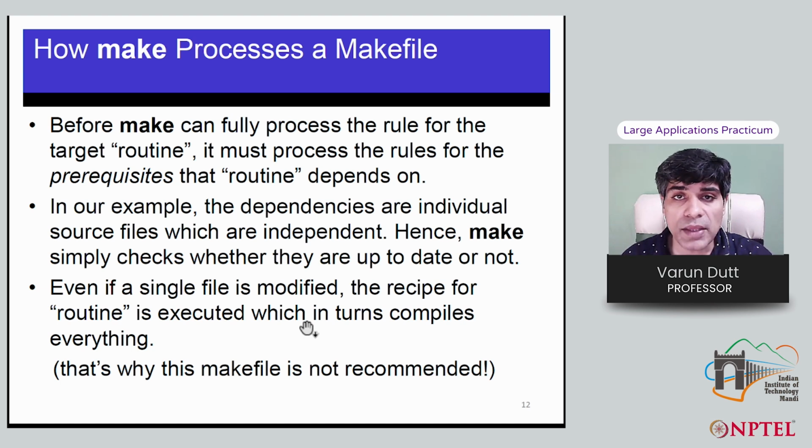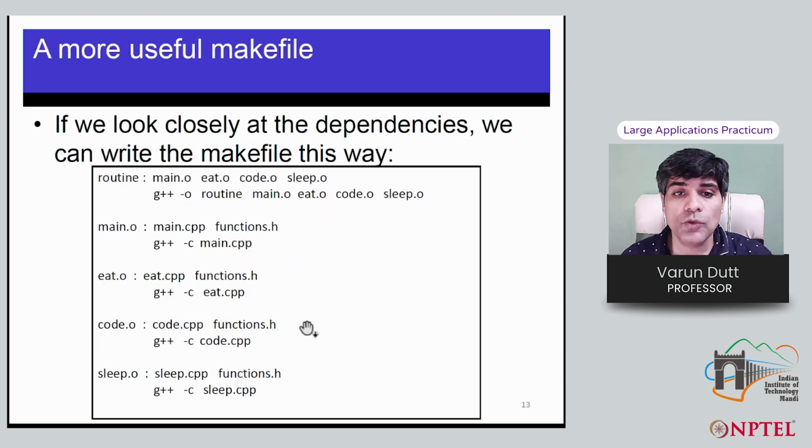So how can we make the Make utility more efficient? One way of doing it is by writing the same Makefile which I showed you in the last class in this particular manner, where we are going to actually create routine. But now, rather than writing the .cpp files in the g++ statement, I've written .o files, which are intermediate object files created in C++, and written the g++ statement creating routine from the .o files. In addition, for every .o file, we have another rule where we spell out the .cpp and the .h header file and the g++ statement for compiling that particular .cpp into the .o file.